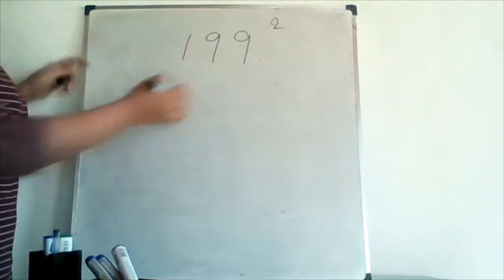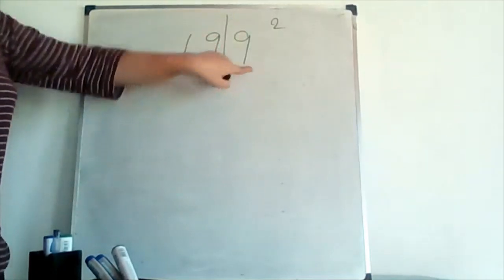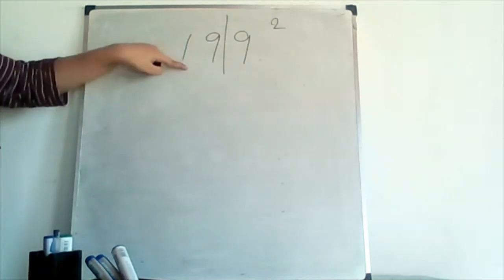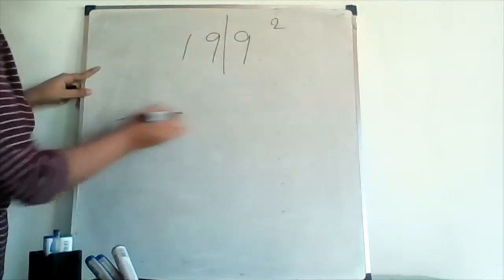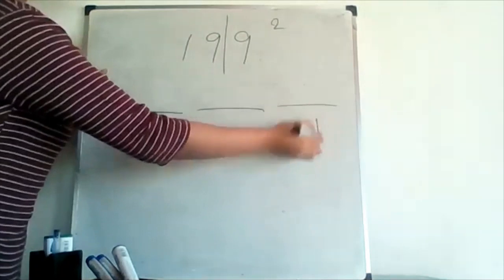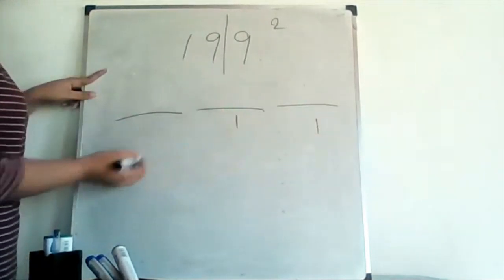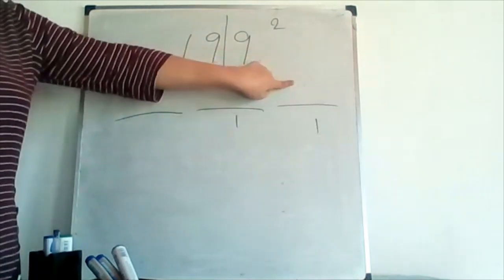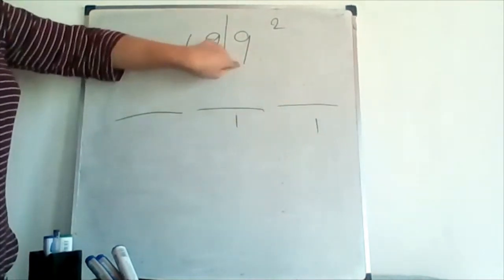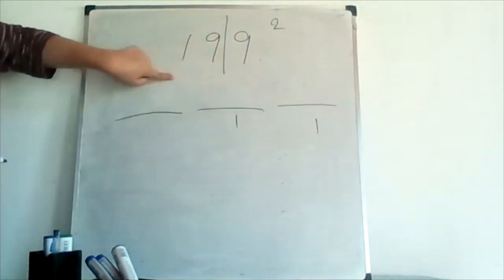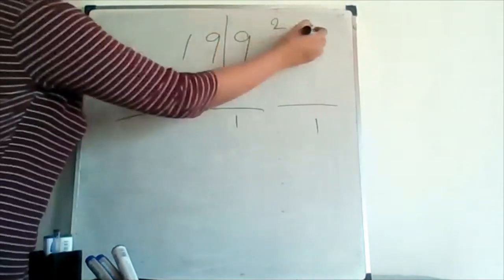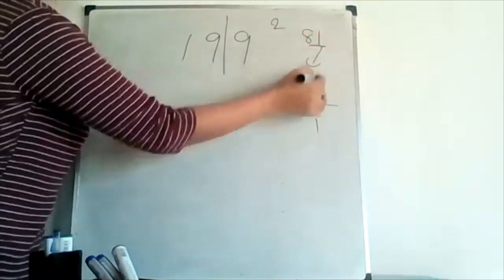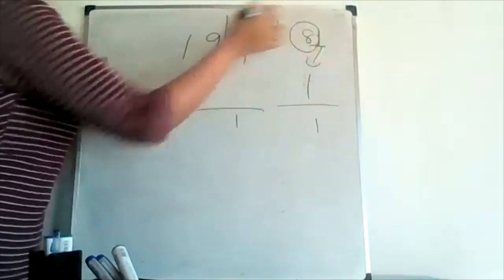So the first thing is to divide this into two groups. This group is the last digit of the number and the rest of the digits of the number are for the next group. And after that, consider the answer as three groups. Only one digit is allowed here and also here. No limits for this group. And after that, we have to find out the value for this last group. That is the square value of this last digit of the number, 9 squared. That should be 81. And only one digit is allowed here. That means this last digit comes here and this 8 is remaining.